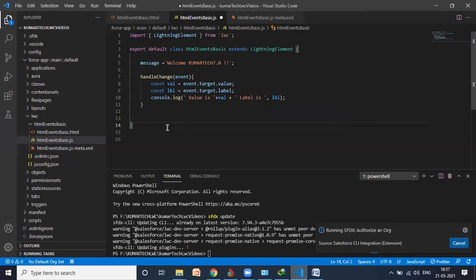Now what is happening actually? Behind the scene, again, the Salesforce CLI command. If you remember, in the starting only I said command line interface. It is the one that is going to sync to my org. So now it's started. Now it's going to authorize my org, and my org is going to open. Again, this is a little time consuming. Sometimes it will take time. So for the time being, I am pausing this video. Meanwhile, I hope it will work. It won't take much time.